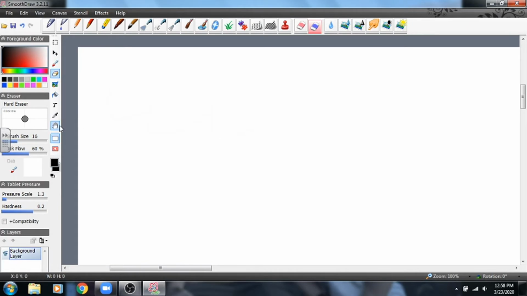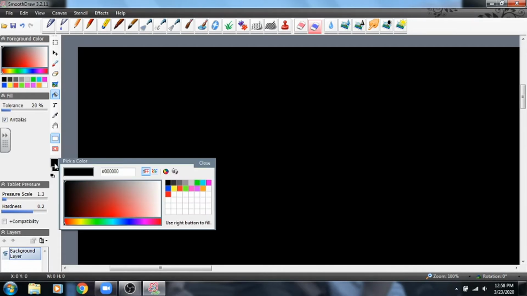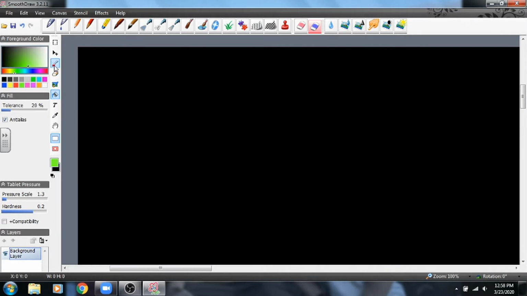Now what I can do is go up here to my little fill can, grab that fill can and click it, and it'll set my whole entire background layer to black. And now I click back on my foreground color and I pick the color pen that I want to use and I hit close. And I go back up to my pen brush app, and now you can see,